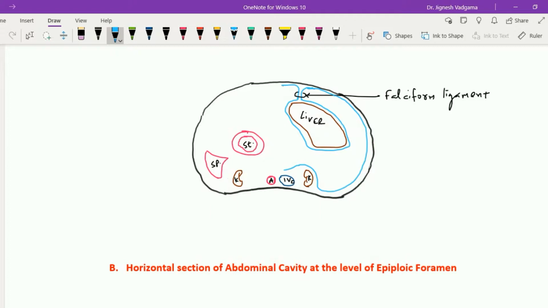When we trace the left layer of the falciform ligament, it is going to cover the anterolateral body wall and reach up to the posterior abdominal wall, where it is going to cover the superior surface of the left kidney as well as the left suprarenal gland, and reach up to the lower lip of the hilum of the spleen, where it is going to cover the inferior surface and the superior surface of the spleen and continue as the gastrosplenic ligament and cover the fundus and reach up to the lesser curvature of